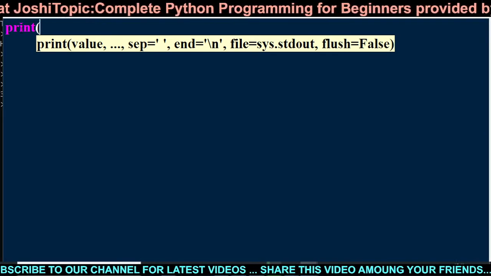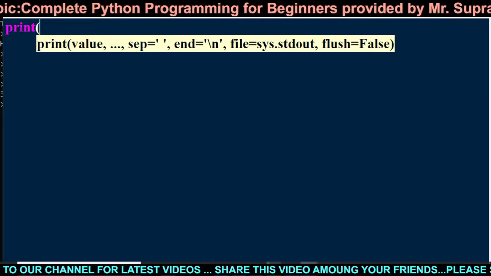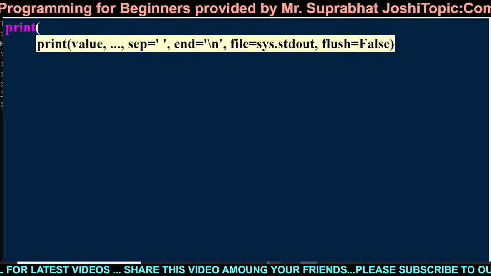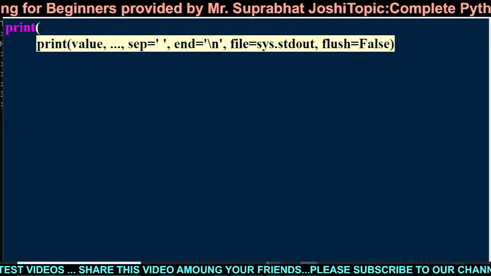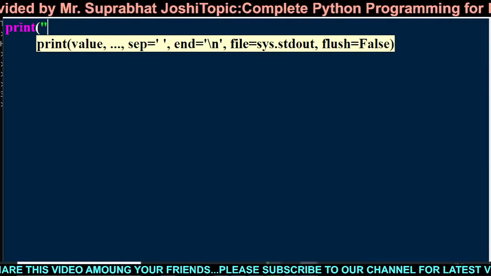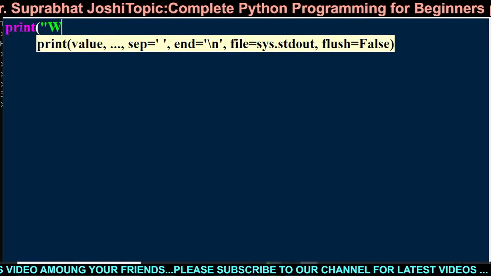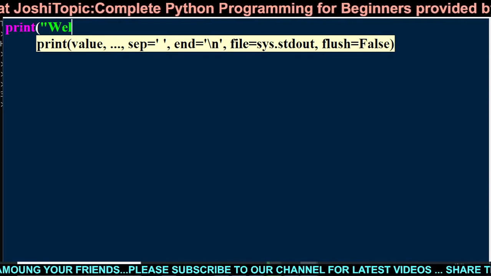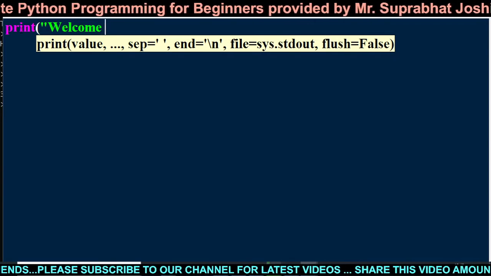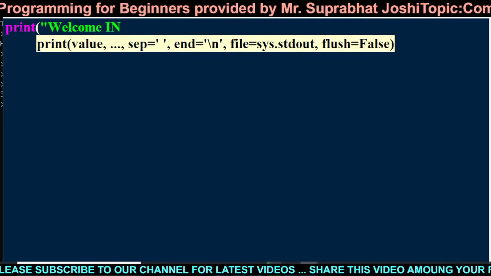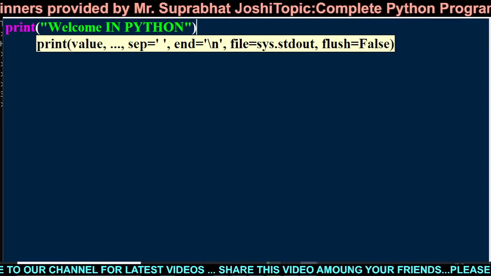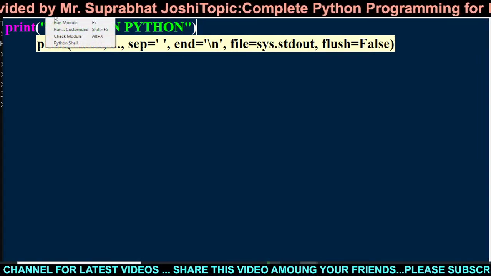This is GUI because you can see the print function prototype and its whole view here. We are just typing welcome in Python. Then click on run module.